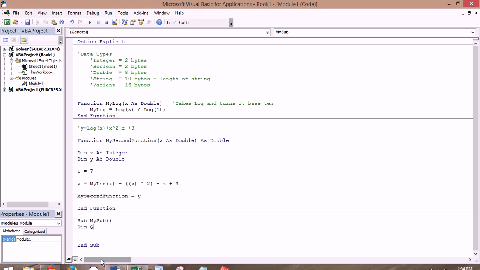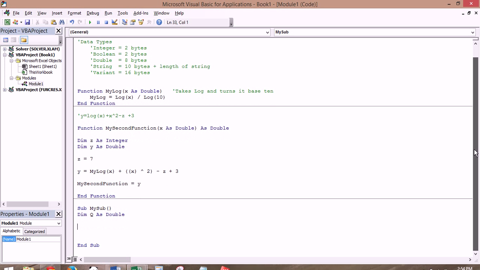And then I want to say Q is equal to my second function of, we can either have an input here or we can just say 5. So my second function of 5 plus 3, I don't know,